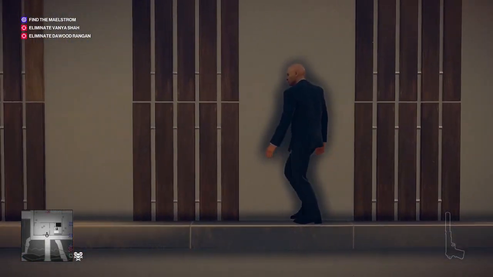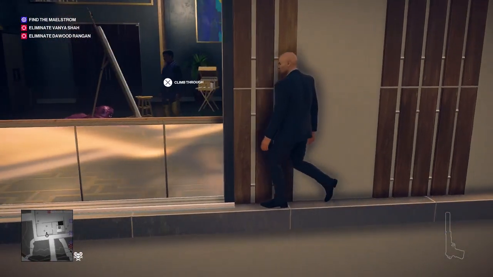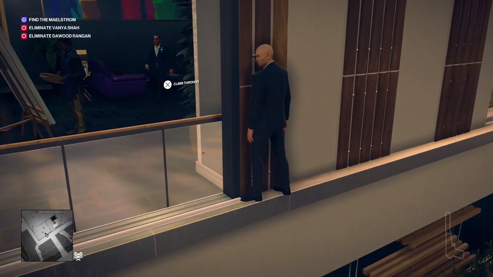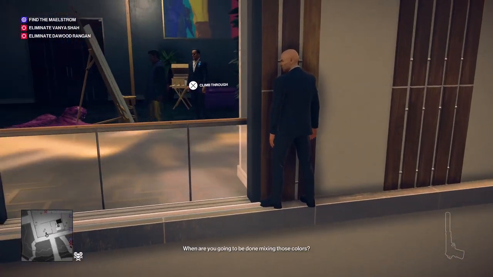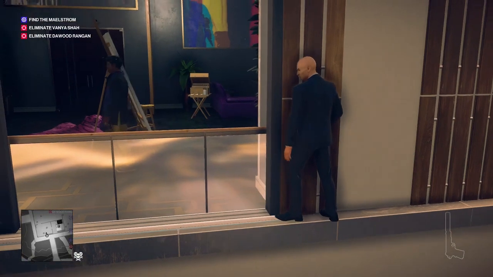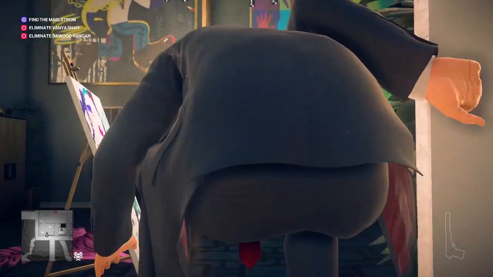Shimmy along to your left towards another open window and you'll notice a painter and a security guard in this room. When you get close to the window, that will trigger a conversation where the painter and the security guard will have a short talk. Once they finish their conversation, the painter will move over to the left and the security guard will go back